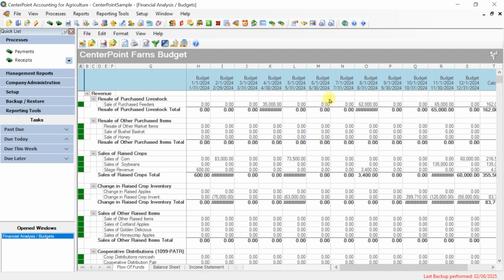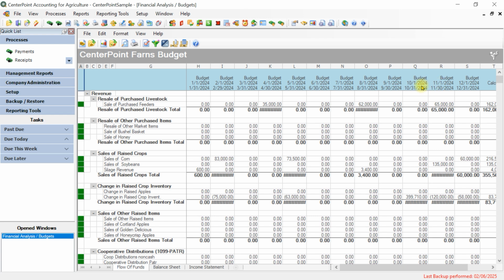When you're entering in a budget, we're usually entering in the budget in a monthly format. However, you might not need to print it in a monthly format. So that would save you some horizontal space. So first we're going to talk about some options to save you either horizontal space or vertical space before printing